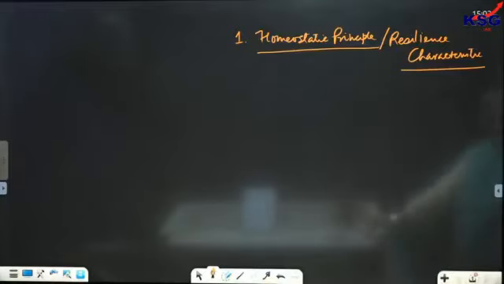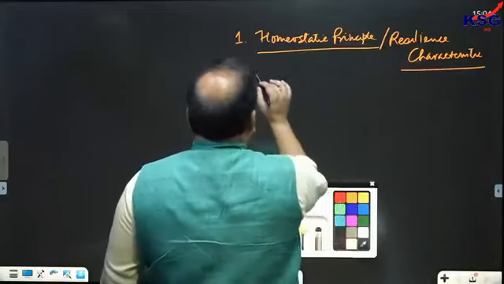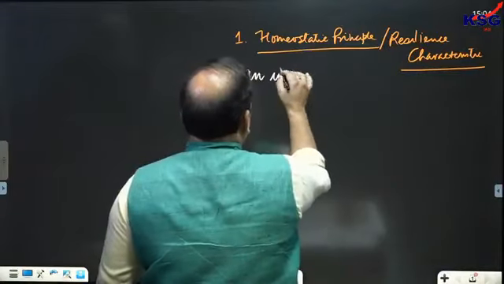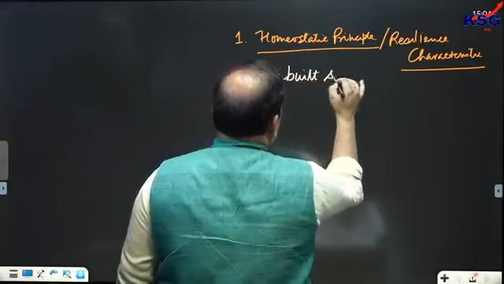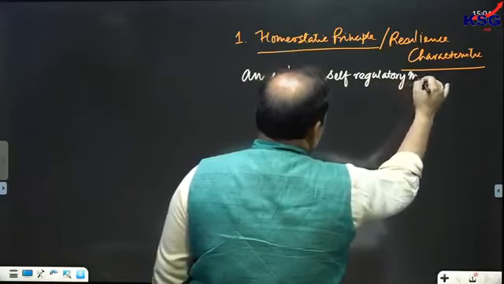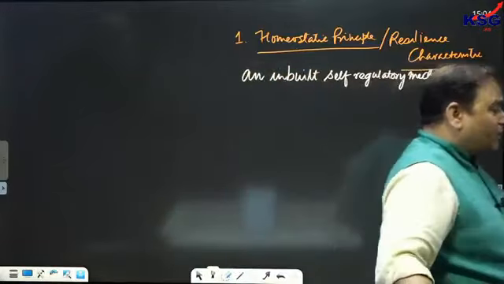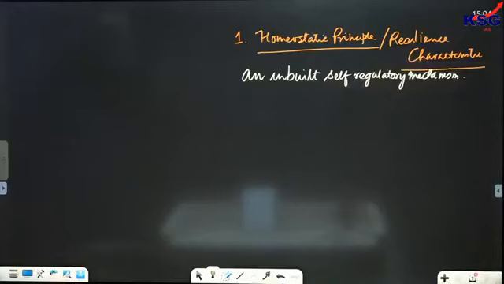Homeostatic principle and resilience characteristic. Write down, each and every ecosystem would be having an inbuilt self-regulatory mechanism of its own. This would be with every ecosystem,